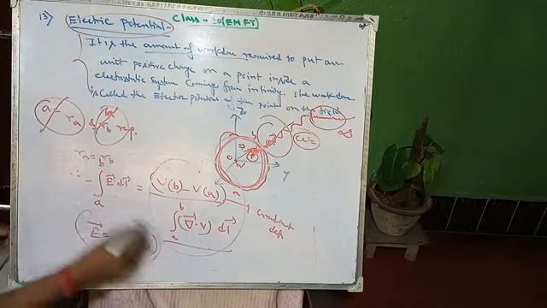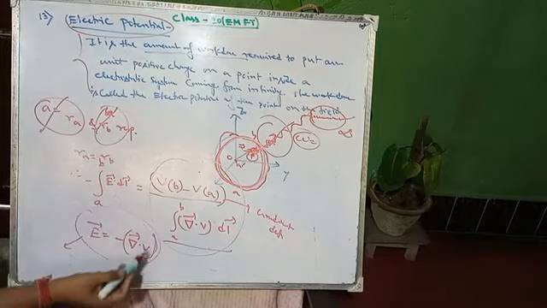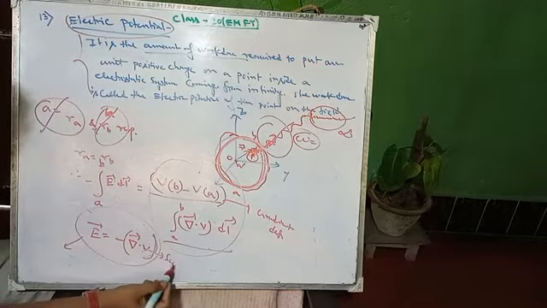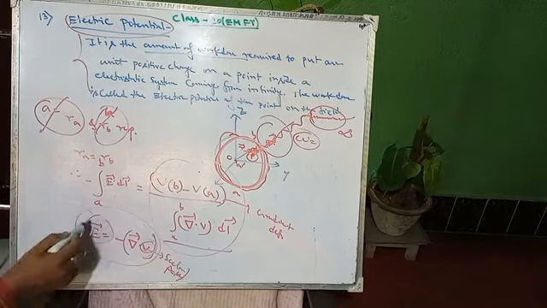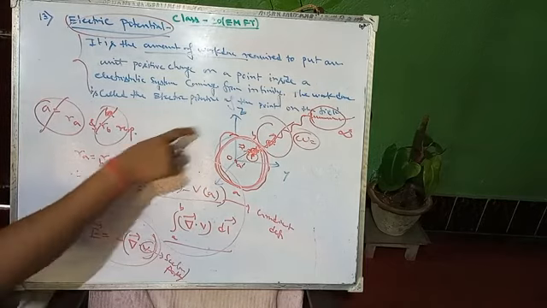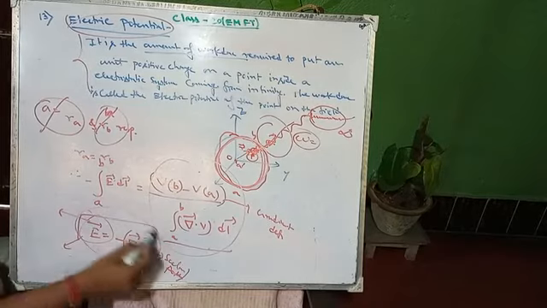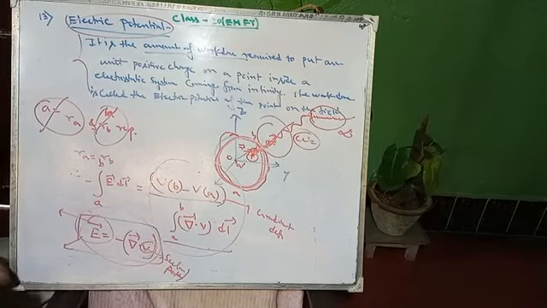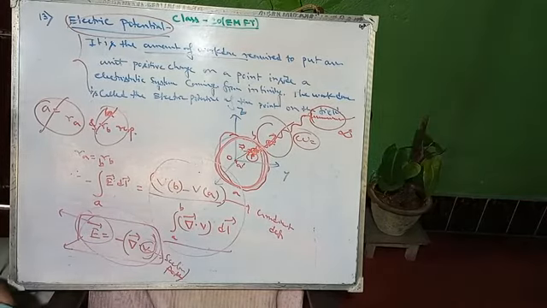So this is called the relation between potential and the field. This is called the scalar potential because we are taking it as a scalar over here. So the scalar potential of any vector field and the intensity of that vector field. If we put RA equals to RB for a uniform Gaussian surface, then you can find this type of relation. For an electrostatic field, it will be your ultimate relation between intensity and the potential.